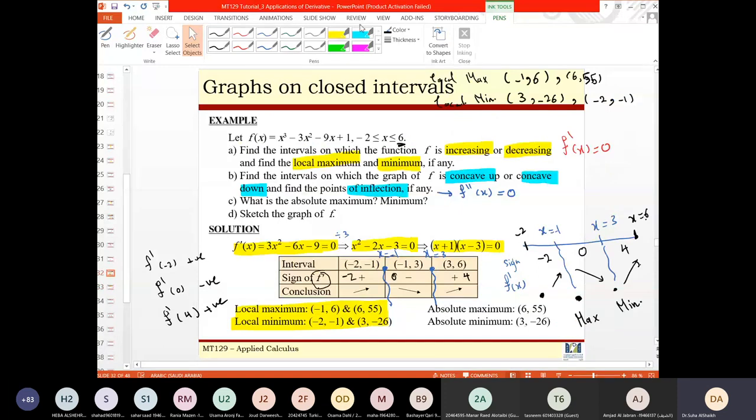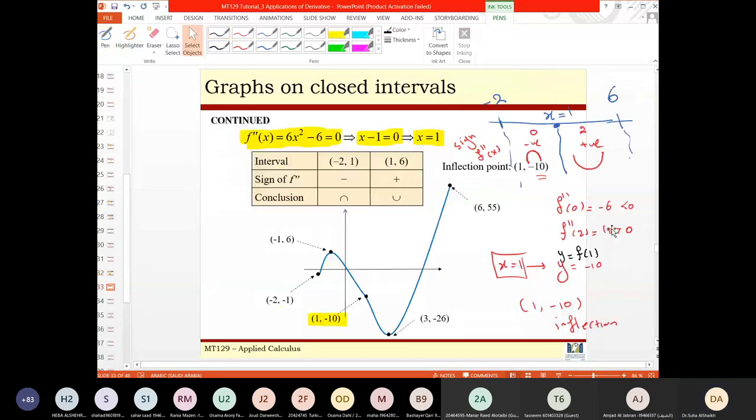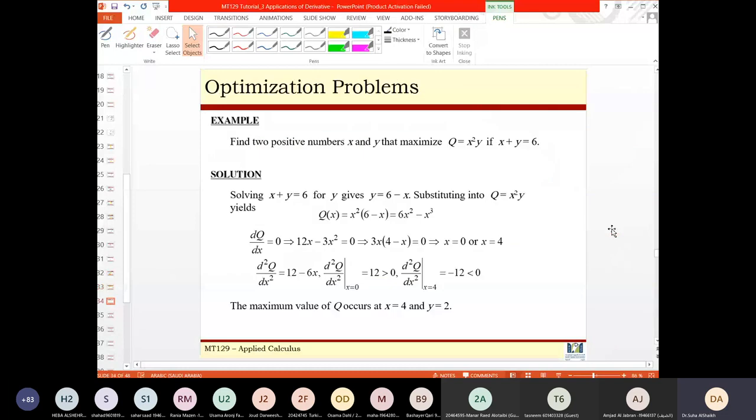وأساساً لو بس قال لي sketch the graph, I have to do all the steps. حتى لو بس قال لي إن sketch the graph, I have to do A and B and C. Usually في الexam, they will be clear about it. ماشي؟